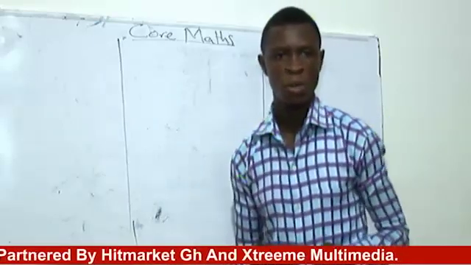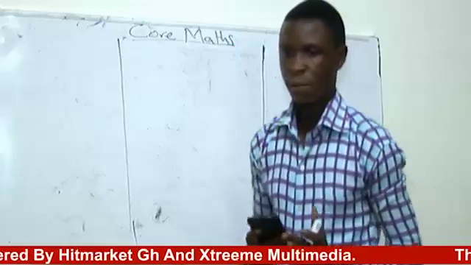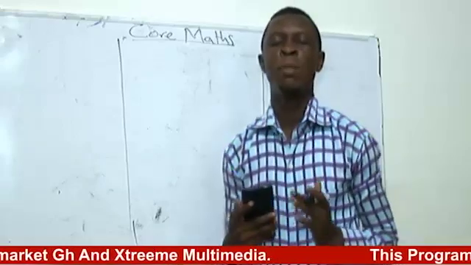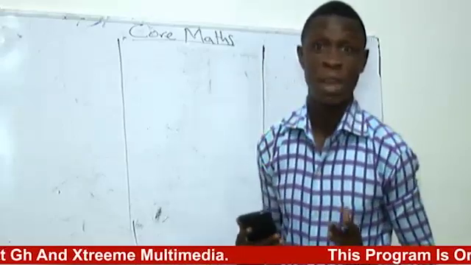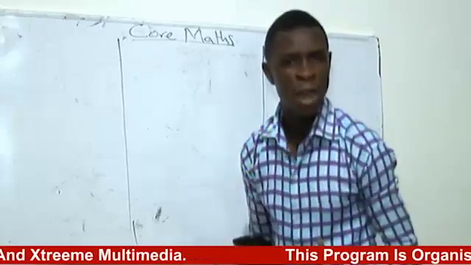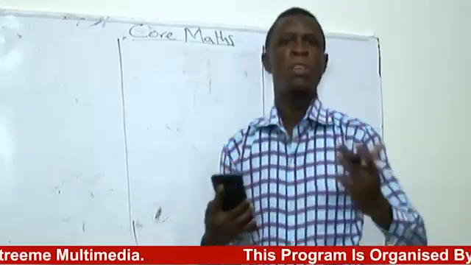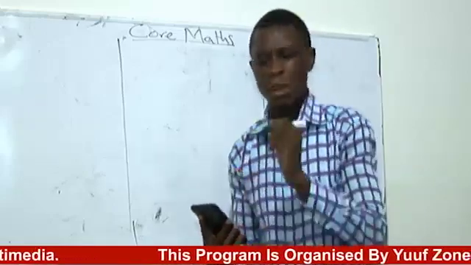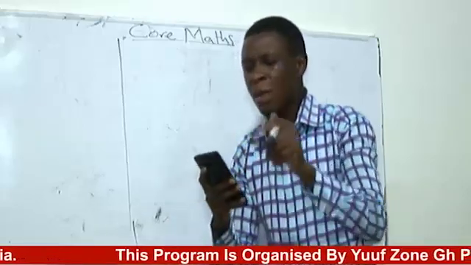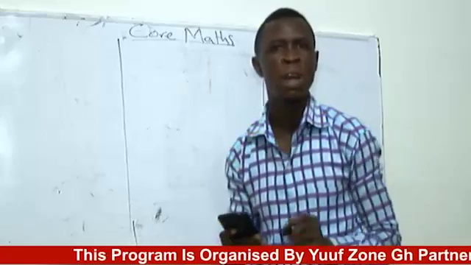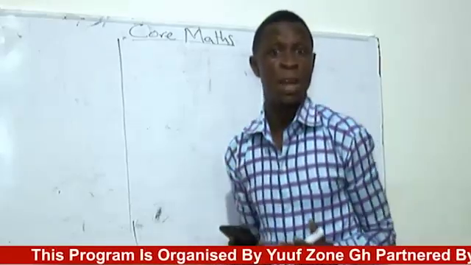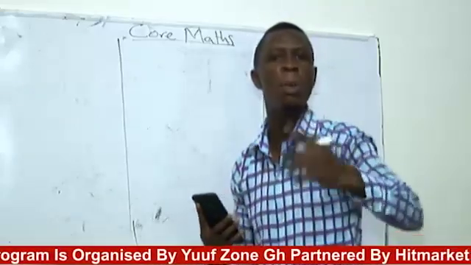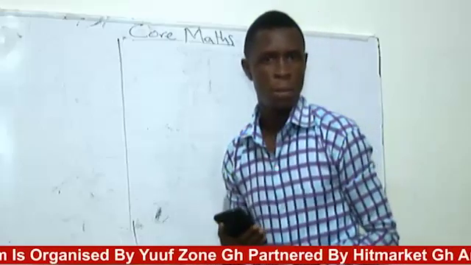So before we look into this question, you need to do something with me. Just close your eyes. Just assume you are in a car going to the market. Open your eyes now. Yes, you are in the market. You want to buy. Let's assume you have 90 Ghana cedis in your pocket and you want to buy some footwear with the 90 Ghana cedis. Now, with the 90 Ghana cedis, the question is how many pairs of footwear can you buy with that particular 90 Ghana cedis. Now, when you go to the market, they are saying it is 32 Ghana cedis, and you have 90 Ghana cedis. Meanwhile, you want to buy more than 2. So what are you going to do?